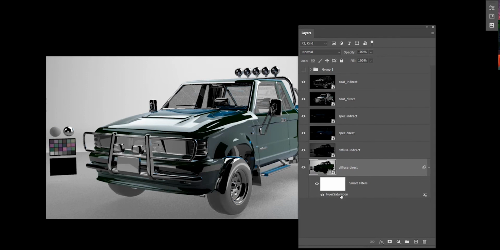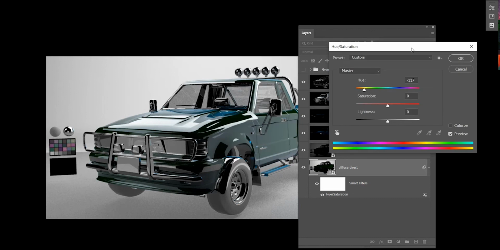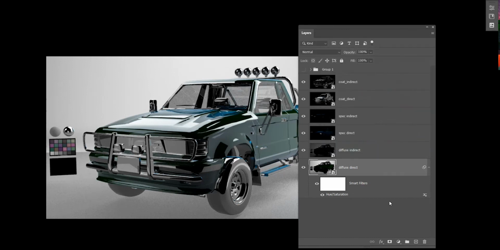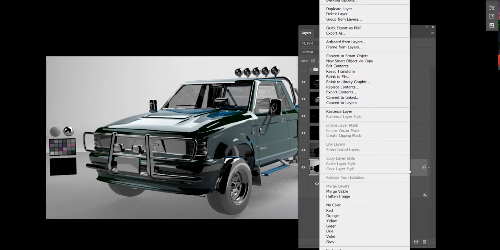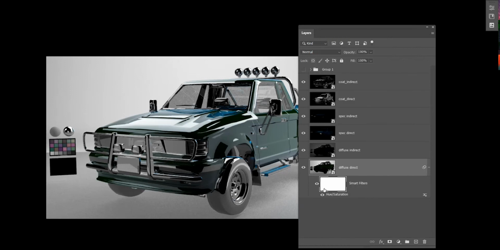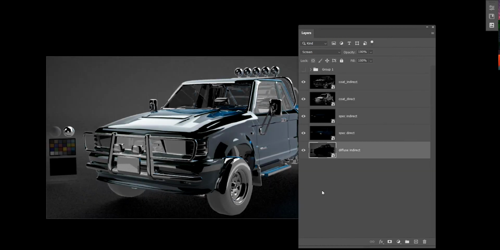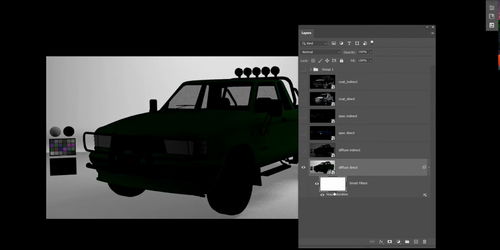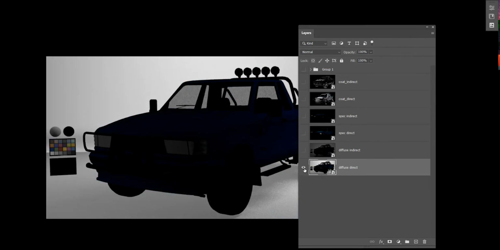The hue saturation, I can double click and I can change it again. Okay, now what if I try to this one? Okay, now you guys understood. Now let me get inside my